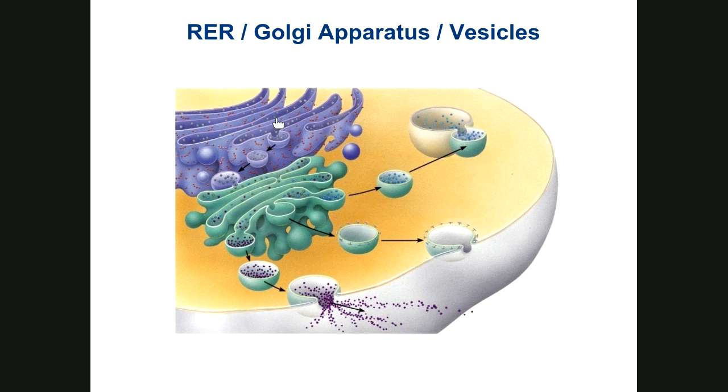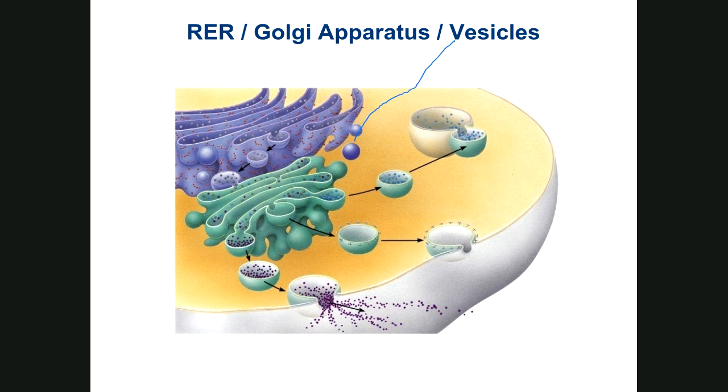So any protein synthesized and modified here at the rough ER. Notice they're showing you right here, a piece of the rough ER's membrane starts to form a bubble, and it pinches off. It should look like a sphere, but they cut it open right here. But they'll look like this. These little guys here,